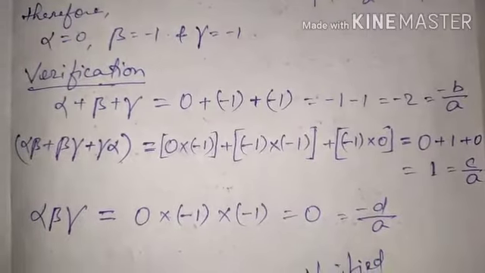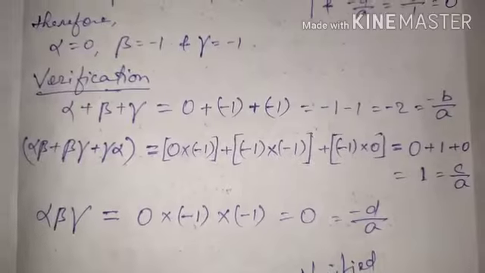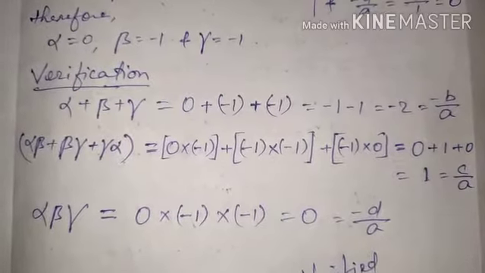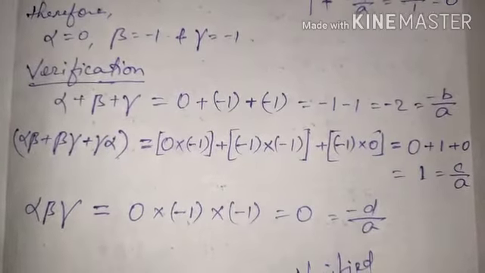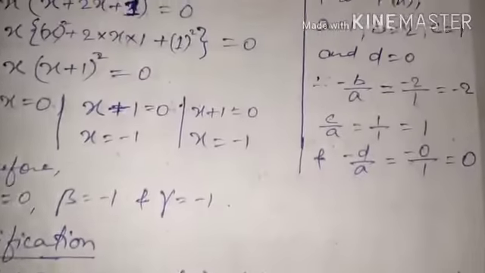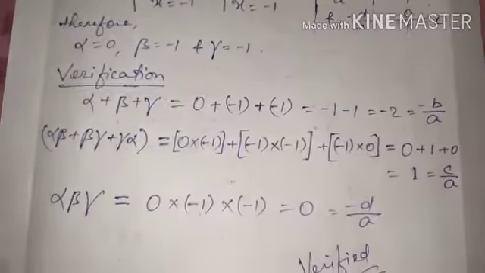I'm just substituting the values: 0, minus 1, plus minus 1, which is equal to minus 1 minus 1, minus 2, is equal to minus b by a. There we had already got minus 2. So similarly,